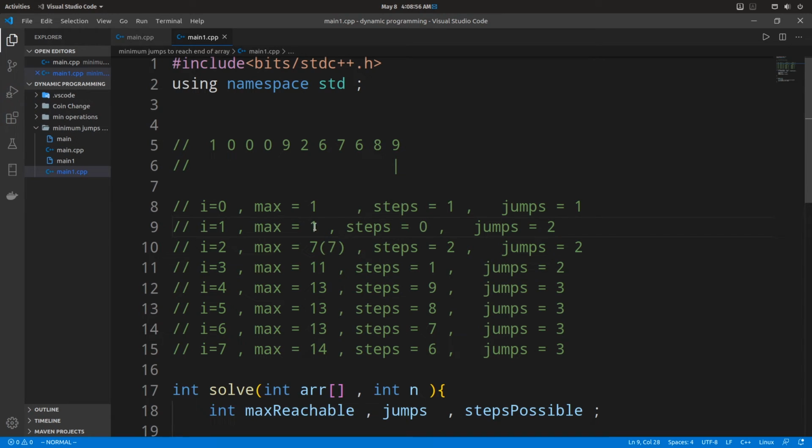So if my i is greater than or equal to the max reach index at any point of time, at any iteration, that means we won't be able to go forward, and we just return some failure case, let's say minus 1. Okay, so steps equal to 0 after this iteration means that we won't be able to move forward. So this corresponds to our failure case.